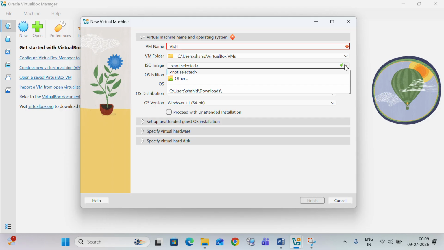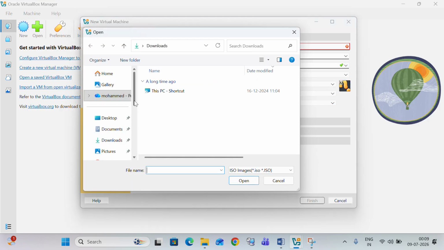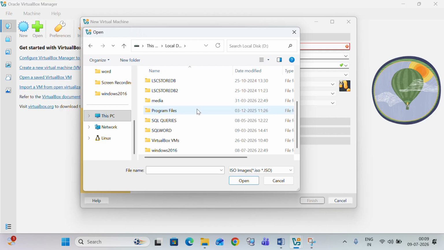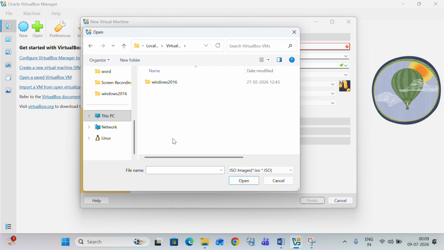Then you can select the ISO image. Same as when you configure SQL Server, you use the setup.exe file. To install this server, we need an ISO file. We have already downloaded that, and you can go to Google and check for it. You can click on other, and I have kept this ISO file in the D drive. Here, if you go to virtual machines,